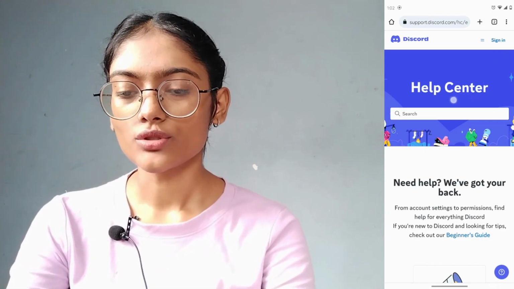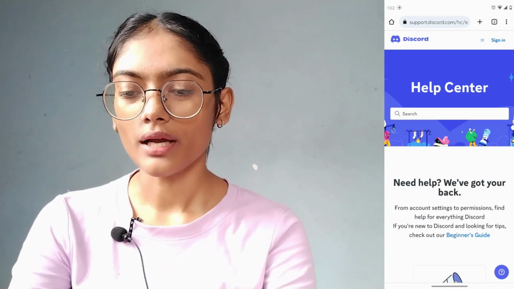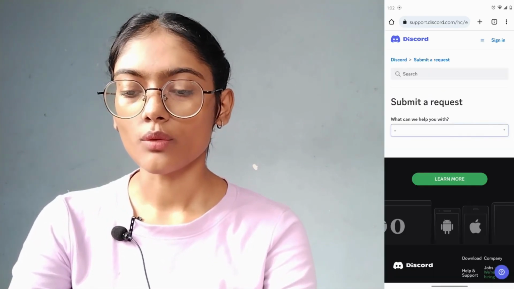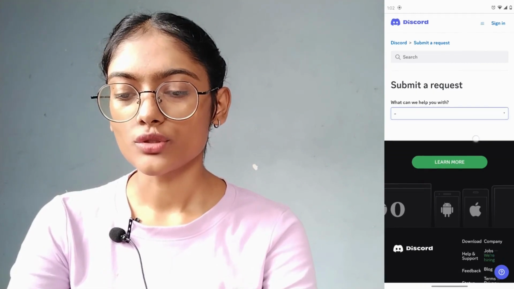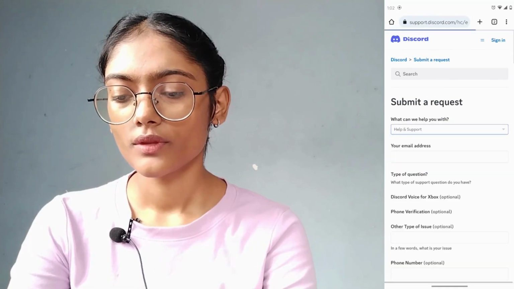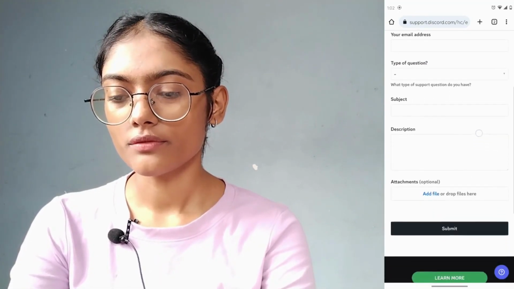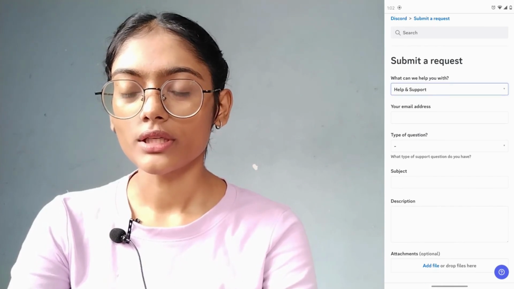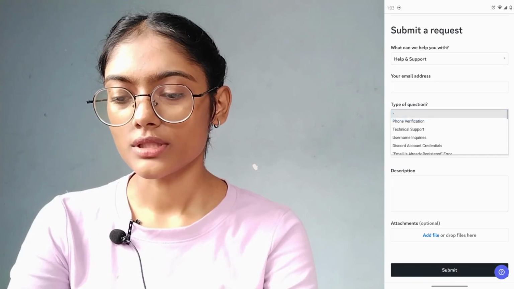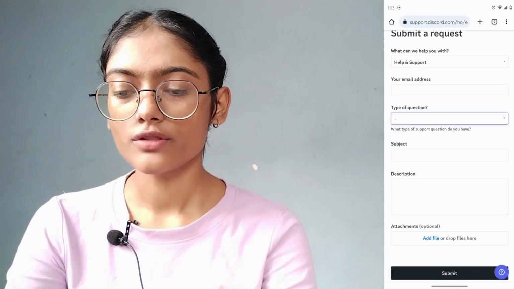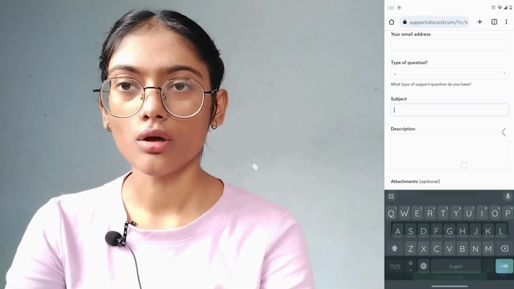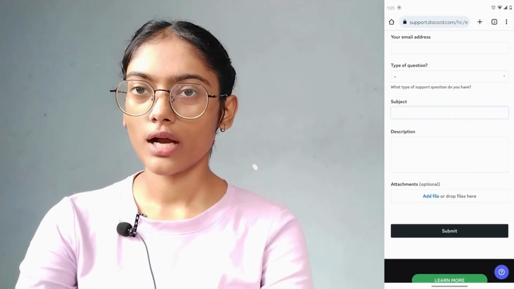So now you can simply go to the upper right corner which has the 3-barred icon, and then go for submit a report or submit a request, and here you have to choose the drop down bar and then select help and support, and now it will give you this kind of interface, and here you have to enter your email address, and after that you have to simply enter a type of question, and after choosing your question you can simply give a subject to it, which is login,